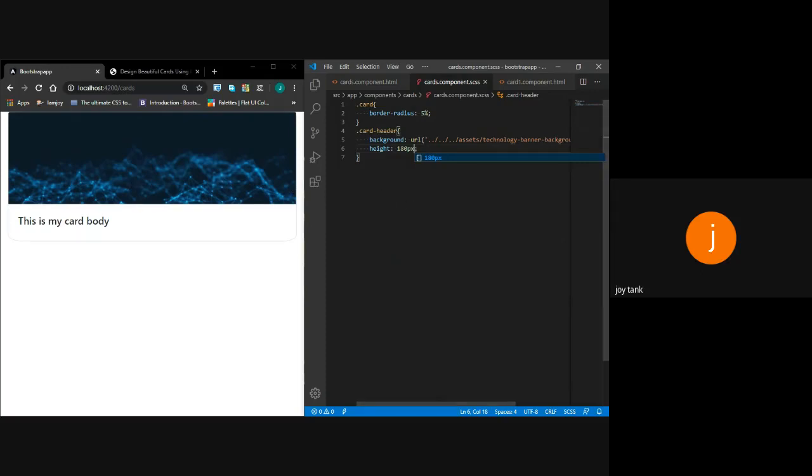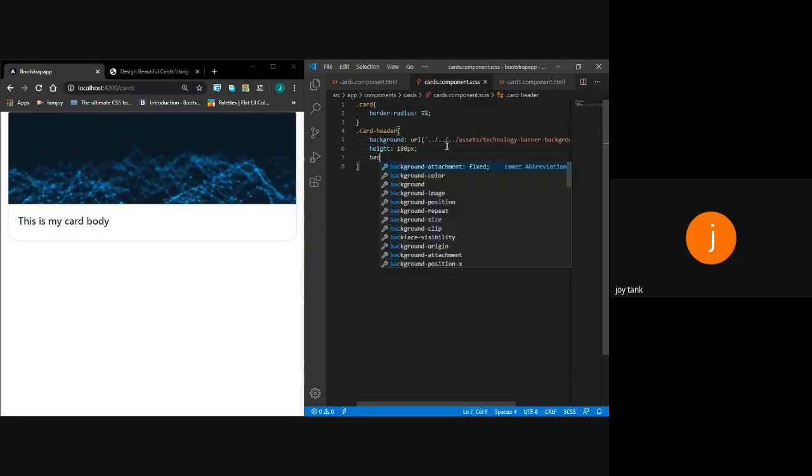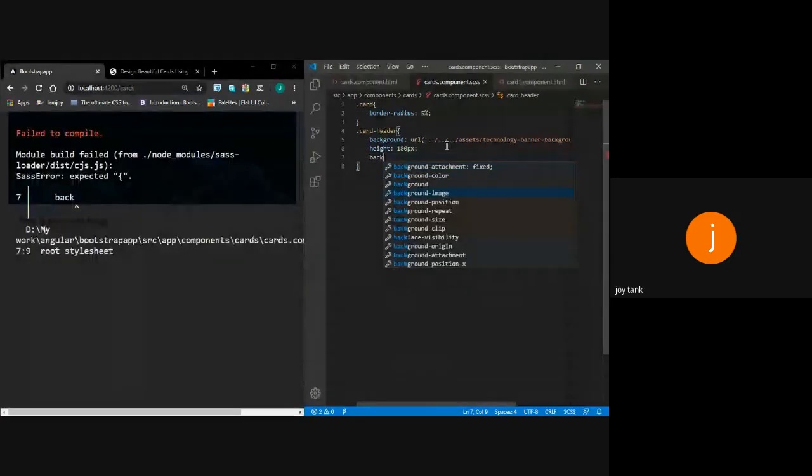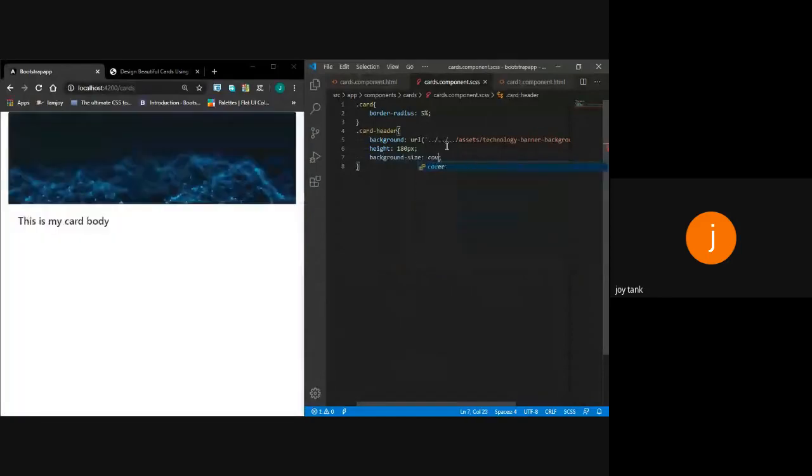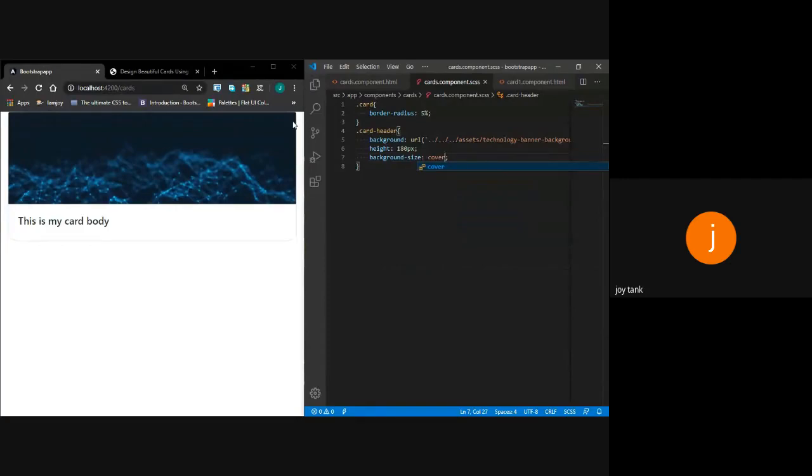One basic thing you also need to add is a property like background size. Why background size? So that the image you are using is covered within that card header, within that border.